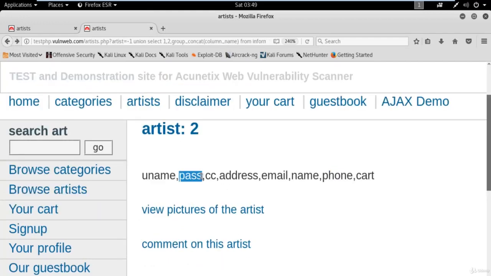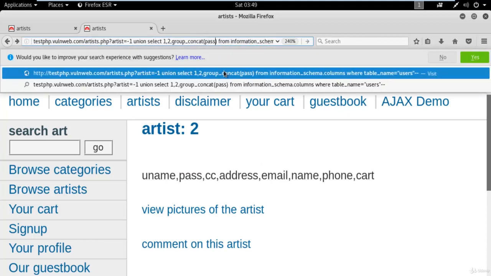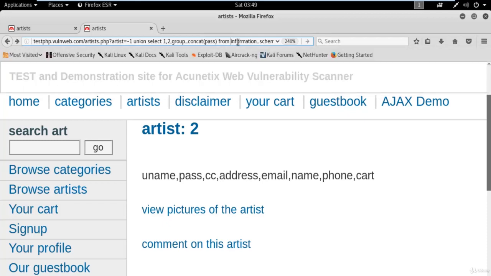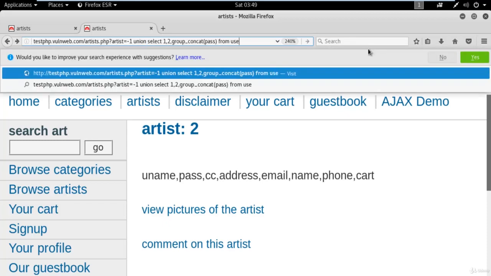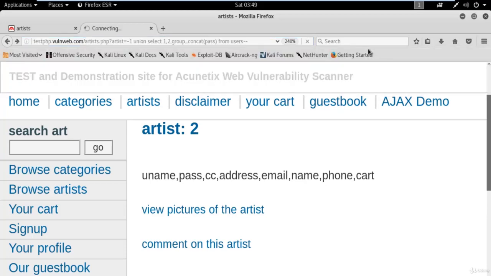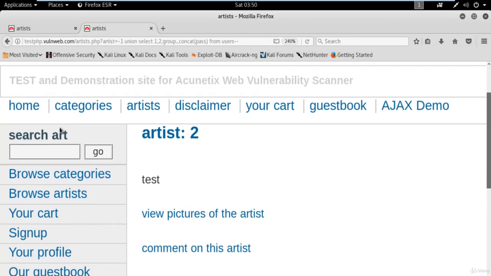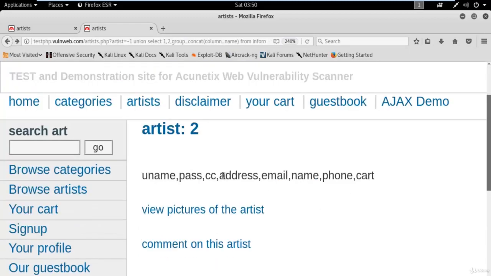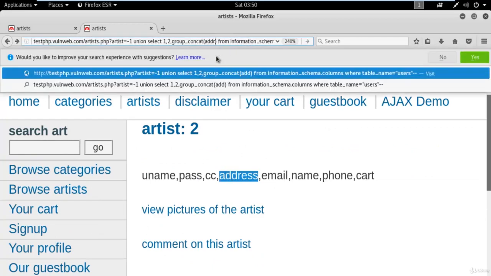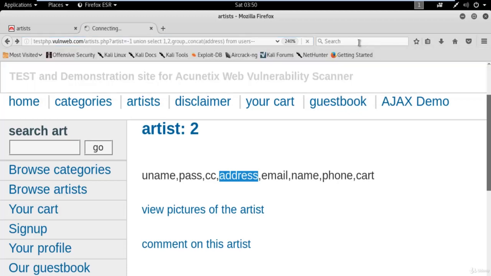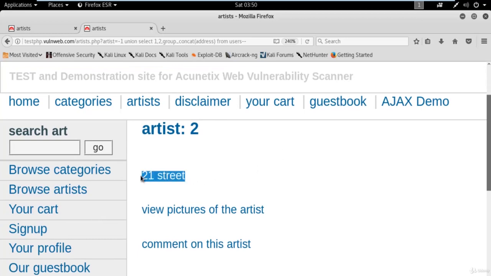Let's find out information about pass. So to get the pass, just same method, replace column_name with pass, right? From the table name. So what is the table name? The table name is users --, right? Hit enter, and you can see here we got the password as well. So the username is test, password is also test. You can try with some other information. For example, if you want to try with address, let me try with address. So just replace column_name with address, and just remove everything after from, the name of the table, users --, hit enter. So you can see here this is the address available here.